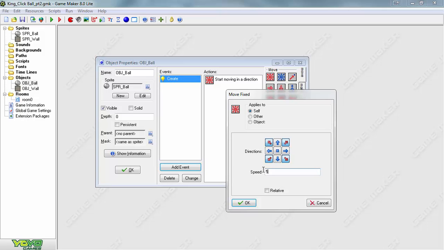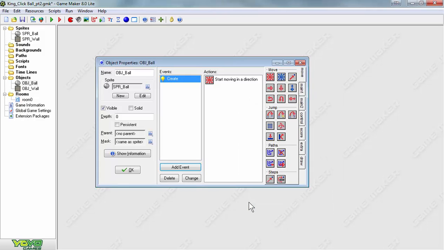It's important that you not put this too high or too low, or the game would be too difficult or too slow to play. The relative box is very important also. Remember, relative is a term that means from where it was before. If the ball is already moving at a speed of 5, a relative speed of another 5 would increase the speed by 5, not to 10. In other words, the new speed would be 10, and the object would start speeding up as it's traveling. Instead, we will leave this unchecked so the ball will have a constant speed of 5. Press OK, and OK again to save